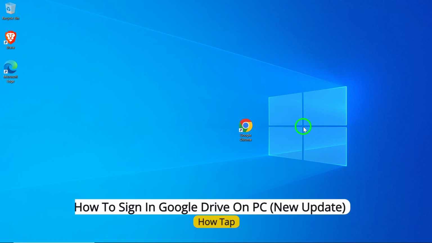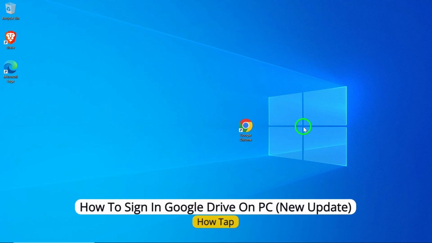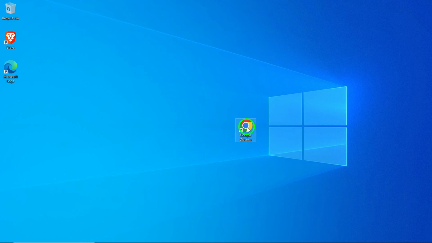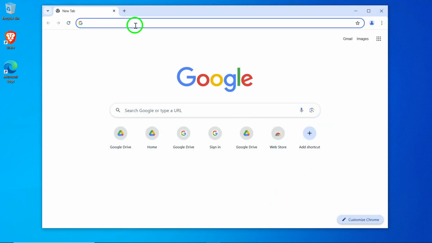Welcome. In this video, we're going to guide you through the updated process of signing into Google Drive on your PC. Whether you're accessing your files for work or personal use, this step-by-step tutorial will help you get started quickly and easily. First, open your preferred web browser and type in the URL,